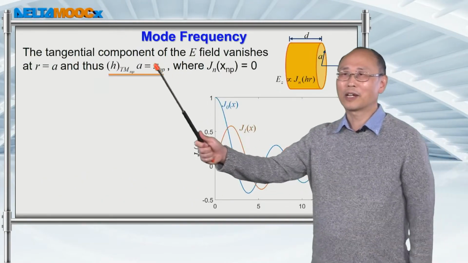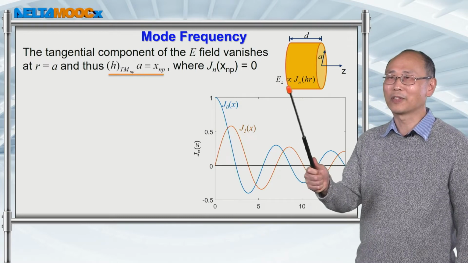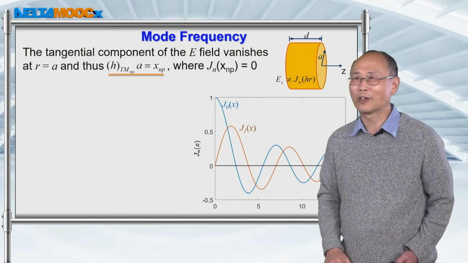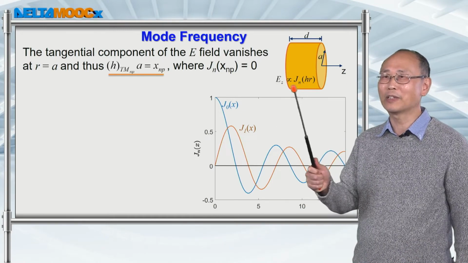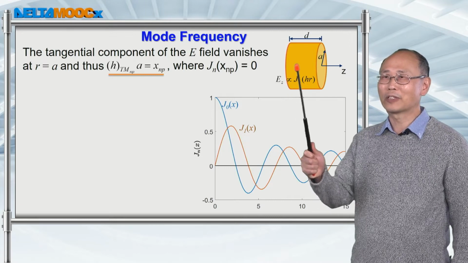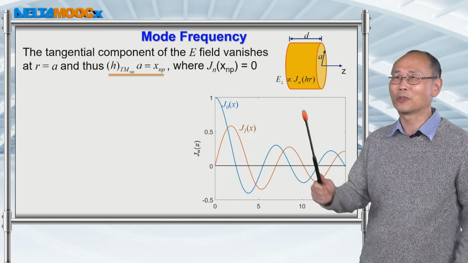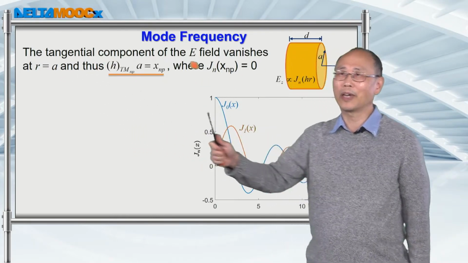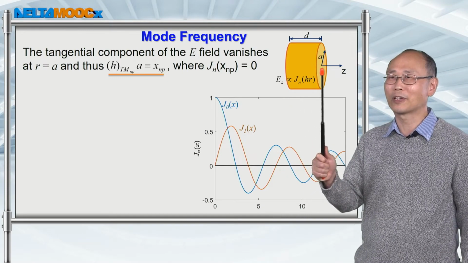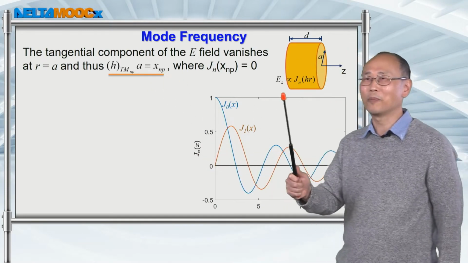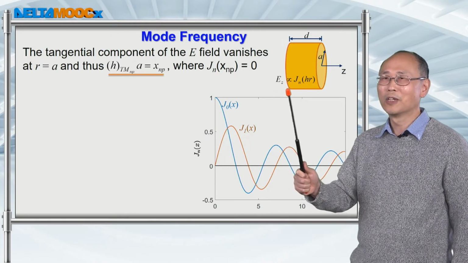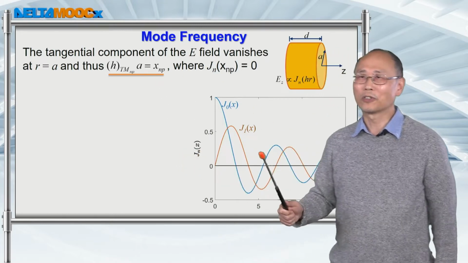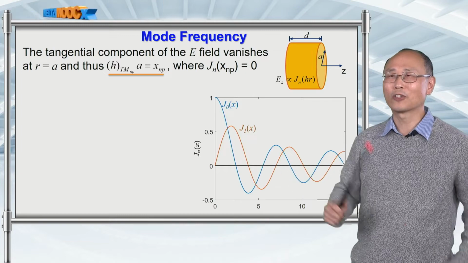And so think about that we have a solution of the z component electric field, which is proportional to the Bessel function of the first kind of order n right here. But this z component electric field is a tangential component of the electric field to this r boundary. In other words, if you set r to be equal to a, which is the radius of this circle, then this z component electric field has to go to 0. So this means that ha has to be equal to the zeros of this Jn function.